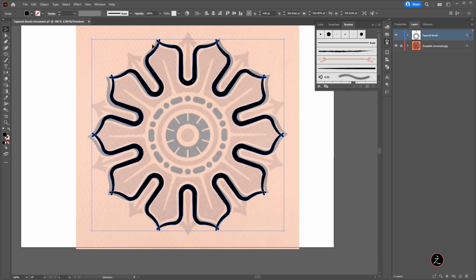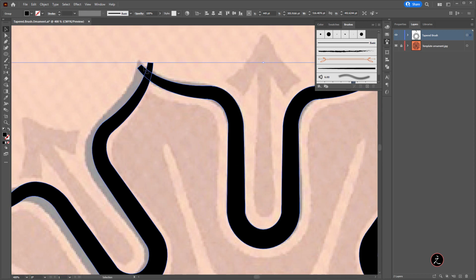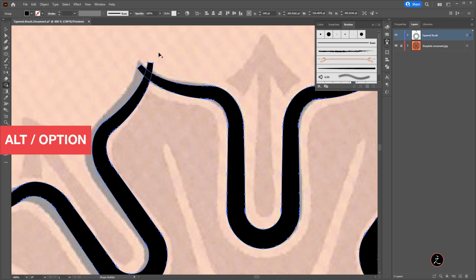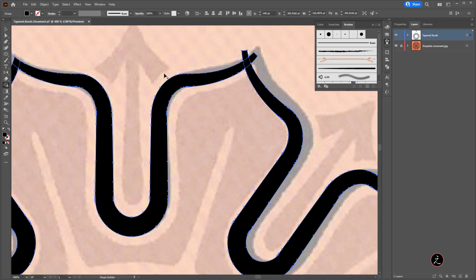Great. Everything looks fantastic except that we have these overlapping regions. For that, we're going to go back to the shape builder tool and we're going to actually use the erase mode of the shape builder tool by pressing the Alt key or the Option key on the Mac and just click on these regions to delete them.